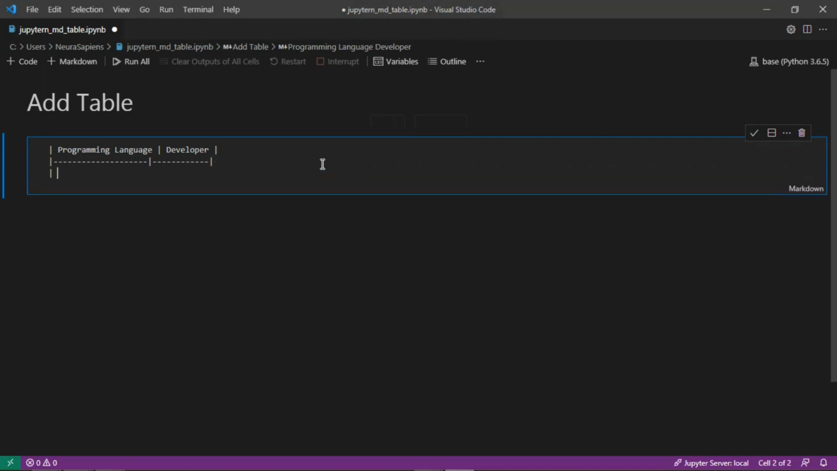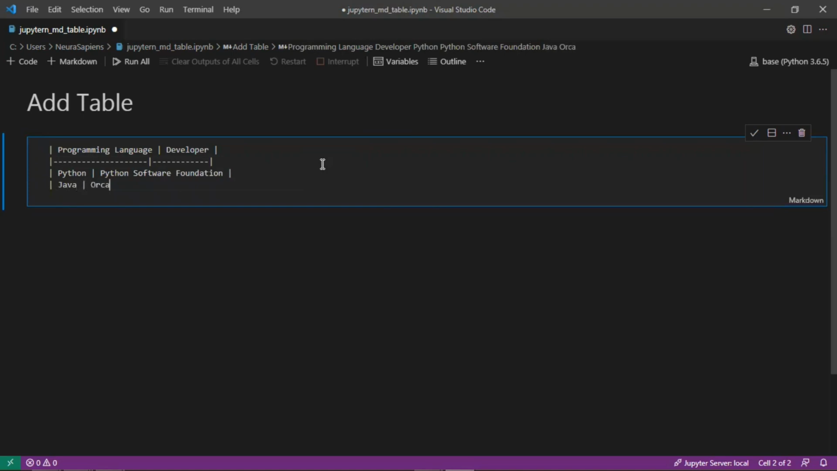So following the same structure where there's 3 vertical lines and the contents between each section. So we'll add in the programming languages, Python, and then the developer is Python Software Foundation, followed by the second language here is Java, and the developer is Oracle Corporation,